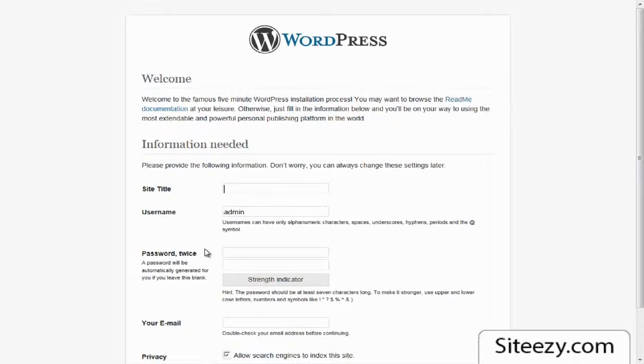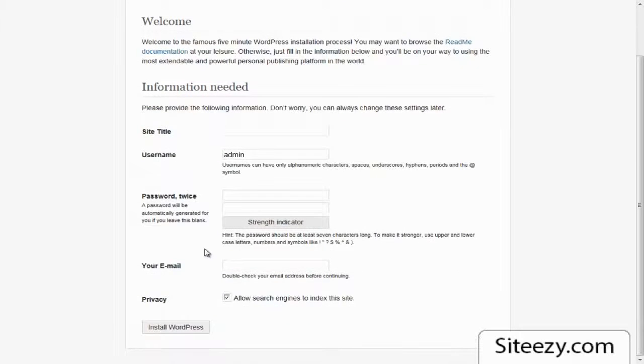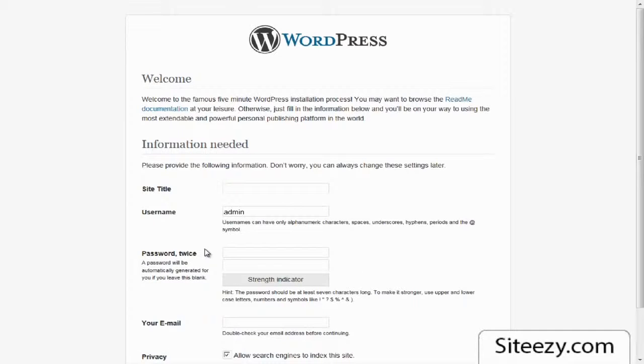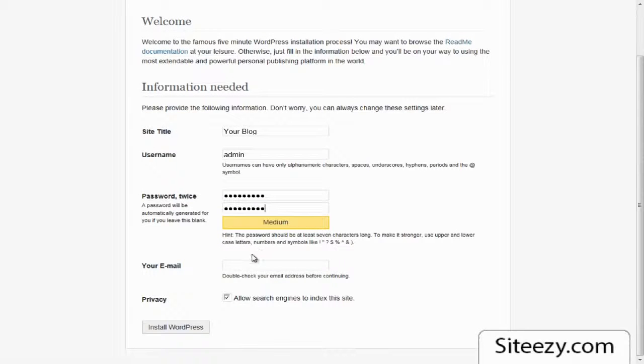Okay, it's now actually created it and set it up, but it's asking me some general setup information, so what it wants to insert into my software as we launch the site and get it off the ground. So site title will be your blog for this example. The username can be admin, can be anything you want. Create a password, so I'll just do that. Email address,